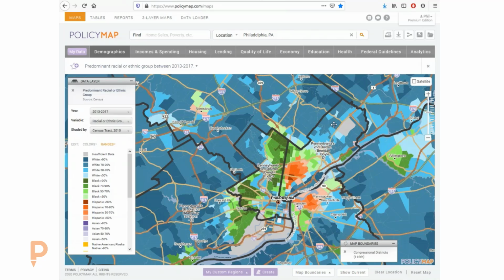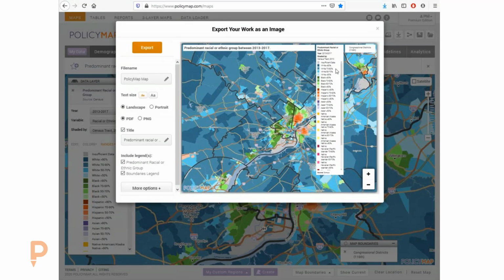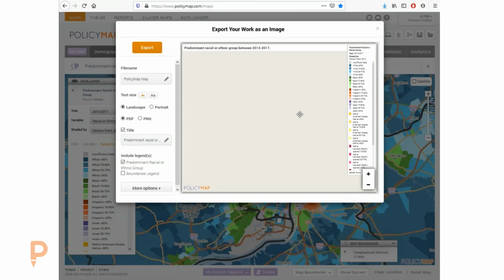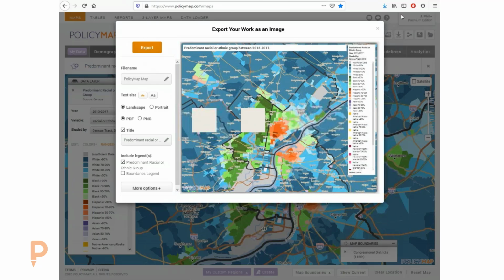So instead of just looking at things visually, you can have data that you can create to support that. As well as the maps themselves, you can export out of the tool, giving you a chance to use these maps in your presentation or your work and such. And the maps themselves are pretty simple. You can pan the map within here. You can export it when it comes out.